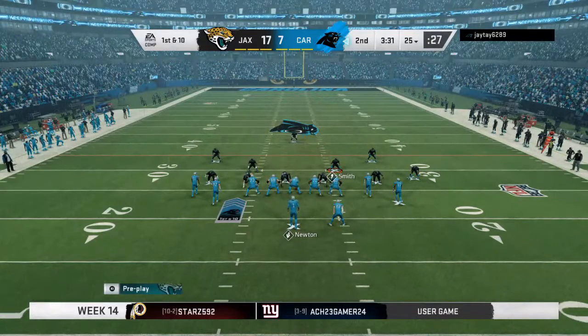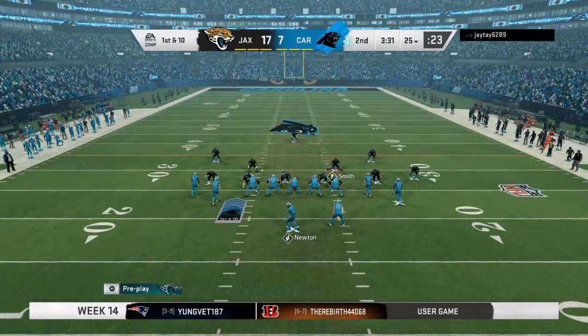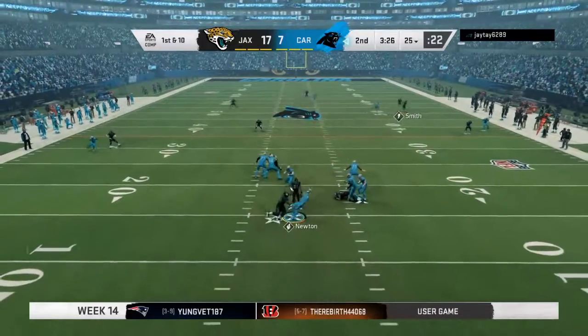Well, one thing is to remember that as an offensive player, you have a much better idea of what you're trying to accomplish and where you're trying to go than the defender. So in this case, because you know it, you can...